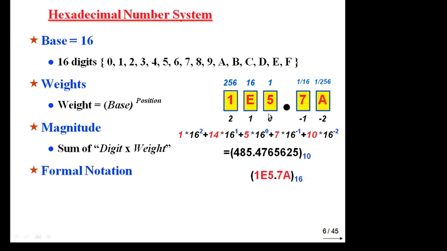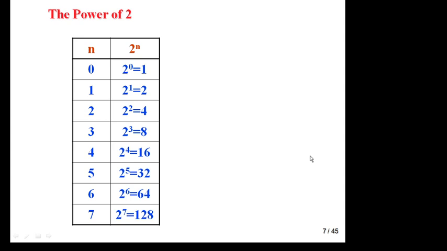Okay, this is your hexadecimal number system, and you have determined this into decimal number system. Now this is an interesting thing. 2 to the power 0 is 1, because you are computer science and engineering students, so you must have knowledge of this. Just remember the positional weights: 1, 2, 4, 8, 16, 32, 64, 128.